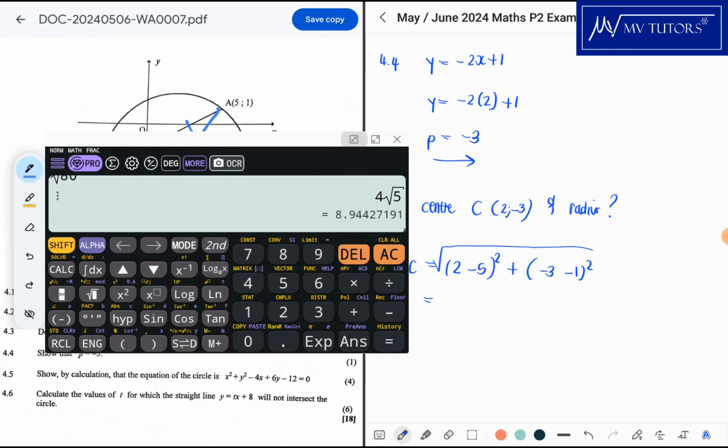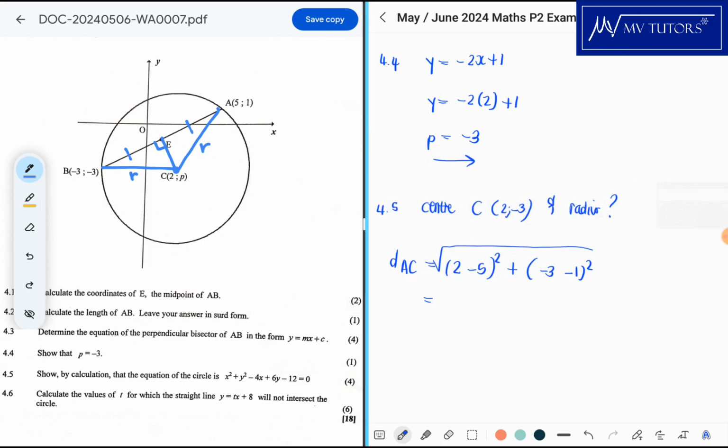All right, let's just put it on the calculator, not waste time. So we're going to get -3 squared plus -4 squared, and that is 5. Okay, that was quick. So we know that our radius